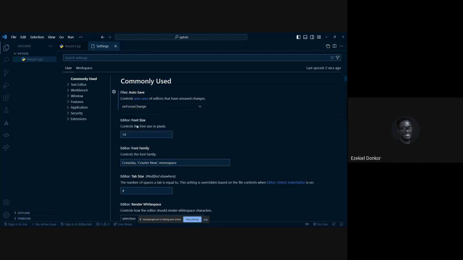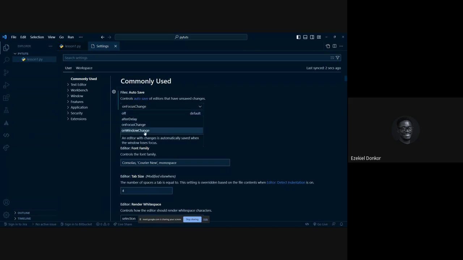Basically, what you're telling the machine is that if I shift my focus from the file that I'm currently working on, if I click on any other thing or I leave the code editor, check out a browser, or I get a message, or I have a Word document in the background and I check it, please save what I'm currently doing. Every time I shift my focus from that. That's what this on focus change means.